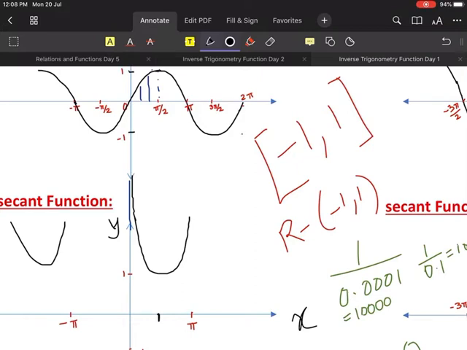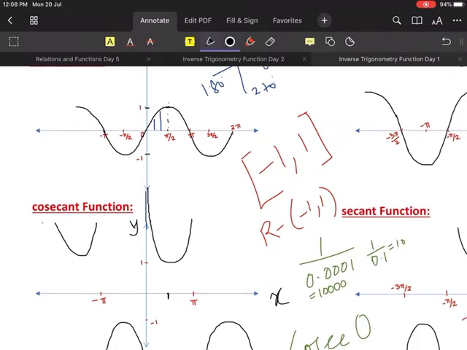Now if I move slowly this side, what happens? Now you see, sine 90 is how much? Look at here, sine 90 is 1, right? Can anybody tell me cosec 90 is how much? Very good. Cosec 90 is also 1. So you see, at the point pi by 2, the graph is at 1. Am I clear?